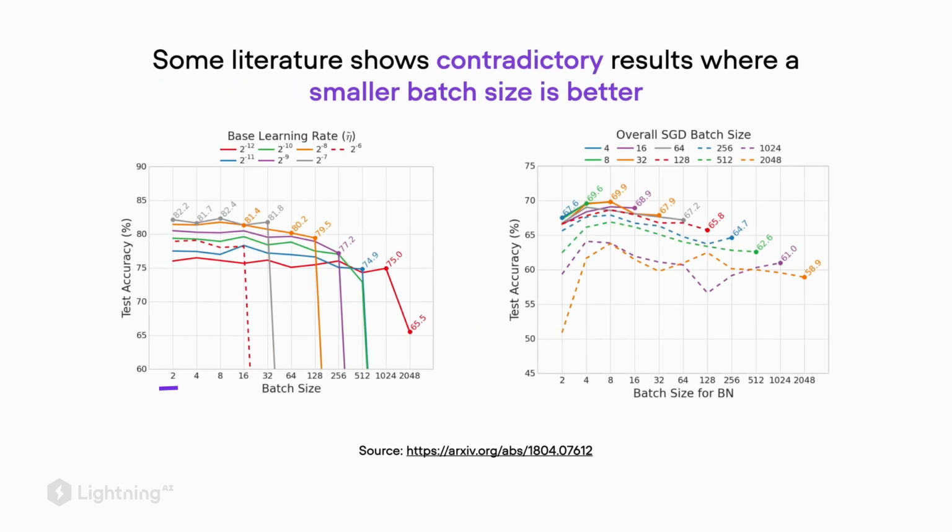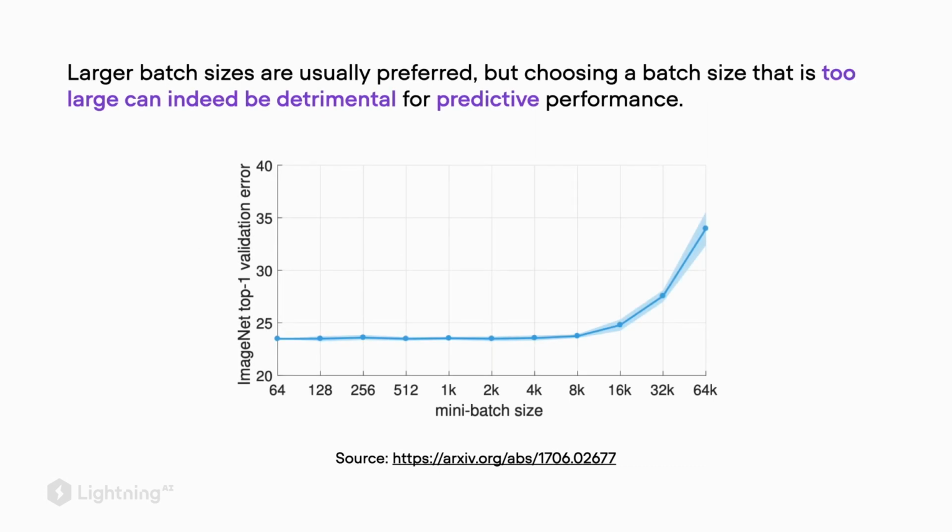However, note that there is also some literature out there that shows contradictory results, where a smaller batch size can also be better in terms of predictive performance. That is usually when we have a model, let's say, that suffers from overfitting. Using a smaller batch size can introduce some random noise that can help a bit with the generalization performance of the model. And as I found in yet another paper, a large batch size is usually preferred due to computational reasons, but choosing a batch size that is too large can also, of course,